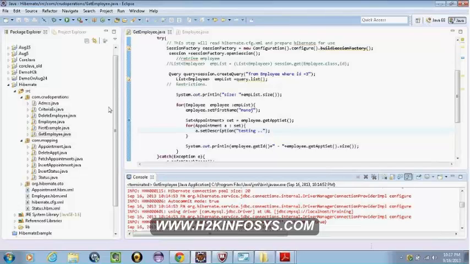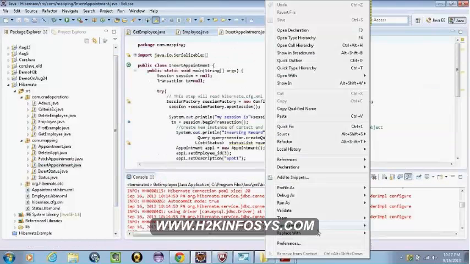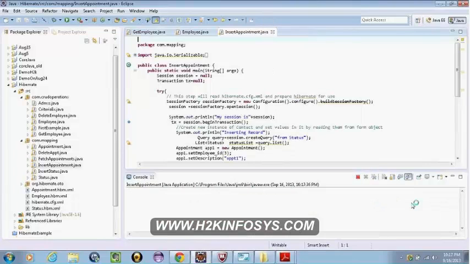Basically it is trying to associate the data with a different table in which that doesn't exist. Here, when I'm inserting an appointment, I have a status that I'm trying to associate with it, and that specific status ID is not present in the database, and that is the reason I'm getting this error. You understand that?